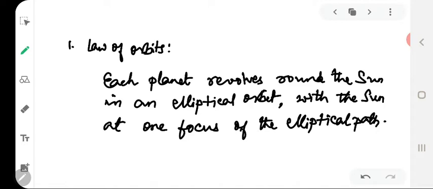Each planet revolves around the Sun in an elliptical orbit with the Sun at one focus of the